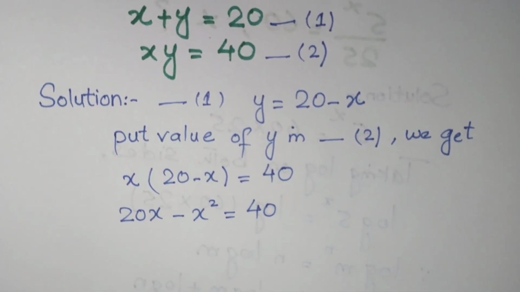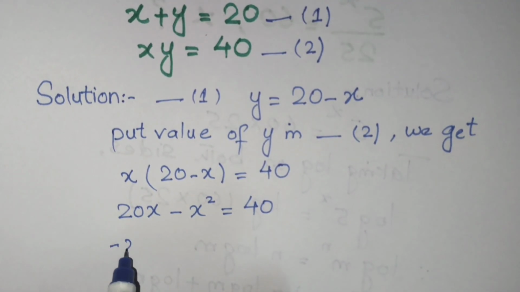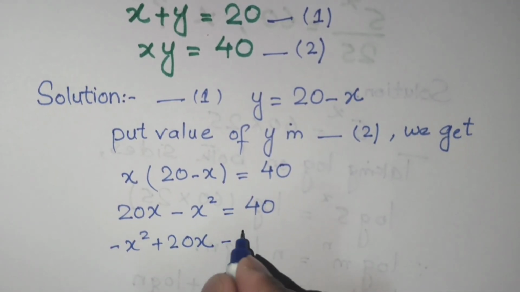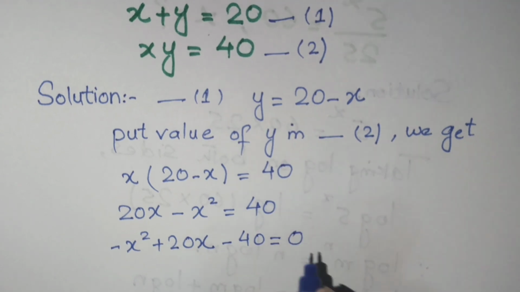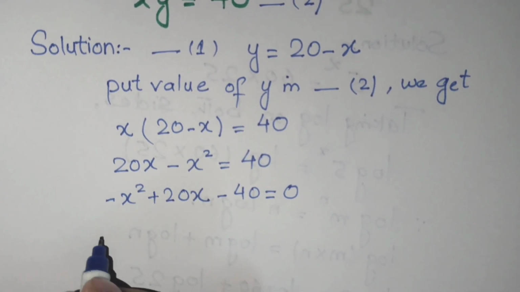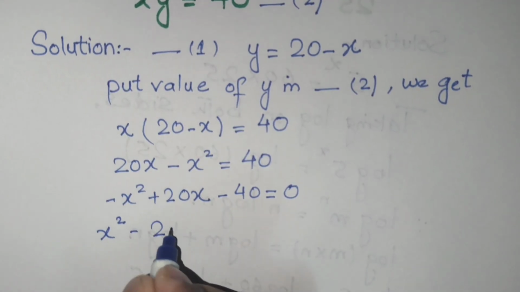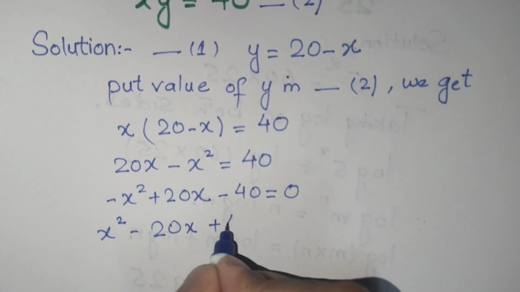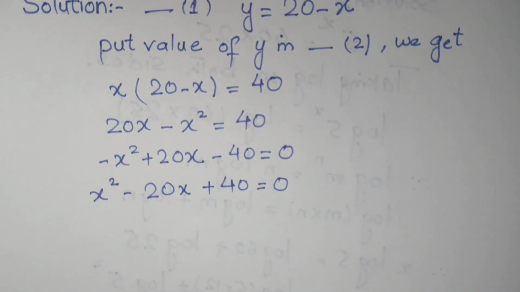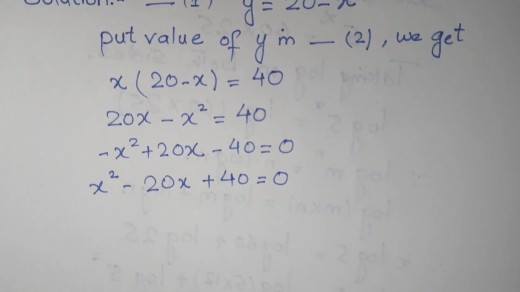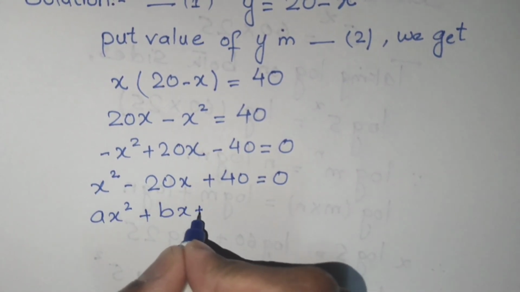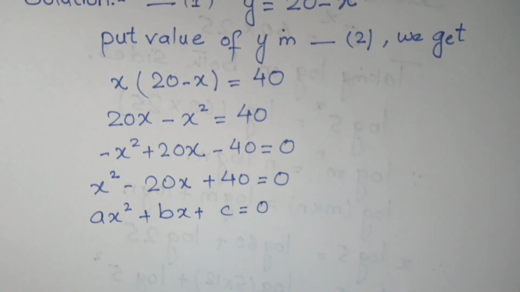We will rearrange this equation and it will be minus x square plus 20x, and this 40 will subtract here, minus 40 equals 0. Now we will multiply both sides of the equation by minus 1. We get x square minus 20x plus 40 equals 0. So here it can be seen that this is a quadratic equation, which is basically ax square plus bx plus c equals 0. By comparing,